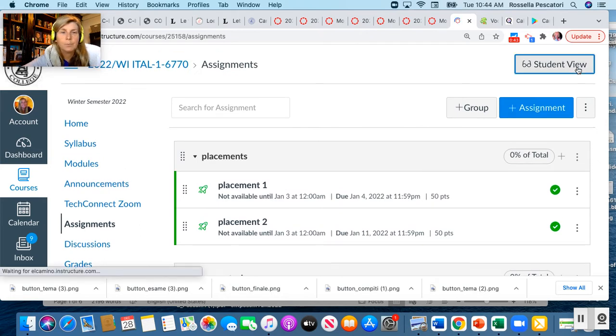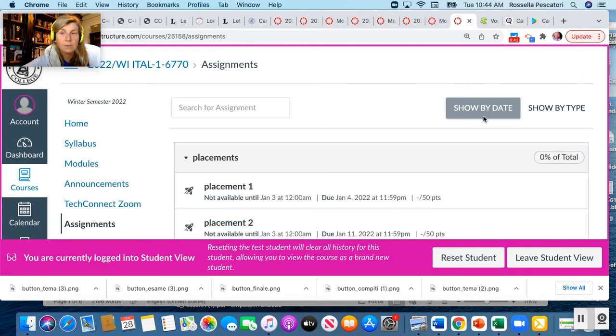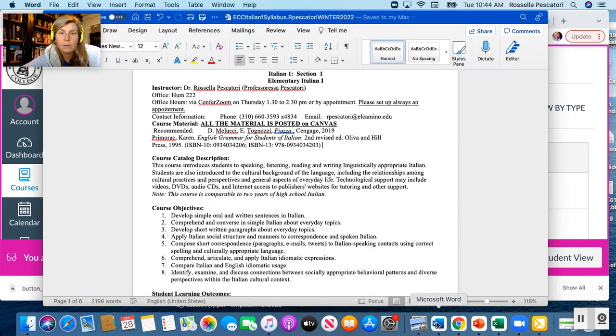You are going to see the assignments that are shown by date, which is the thing you need to do first, and shown by type. Show by type means the assignments that have a big value. So for that, I'm going to the syllabus. And in the syllabus, you can see